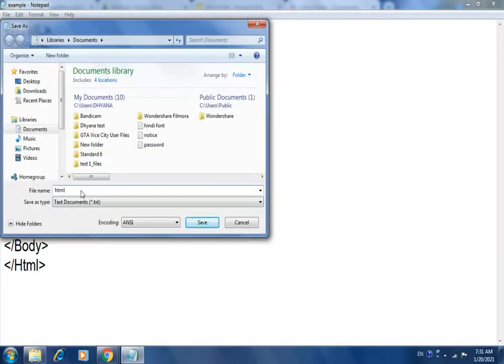We can give any name, but the basic requirement is that after your file name you put a dot and then HTML. If you do not put dot HTML, it will be considered a text file and will not be displayed by the web browser window.